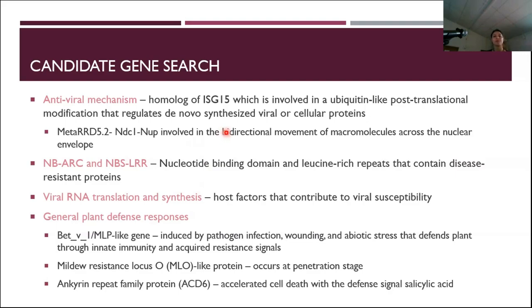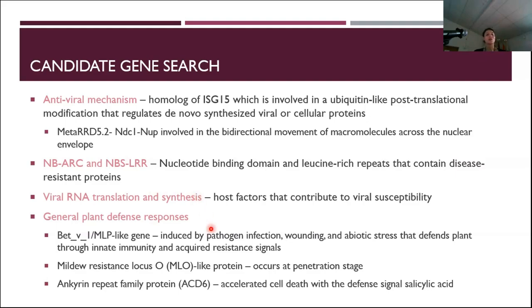The next one that I already mentioned, those are R genes, which can have many hits. I can't really go into every single one. And then viral RNA translation synthesis. So this is more on the side of viral susceptibility, not resistance. Most of these were related to ribosomal proteins, and we know that viruses hijack these ribosomal proteins. It's not really within the scope of what we want to look at, but again, I thought it was interesting that it was within these regions,